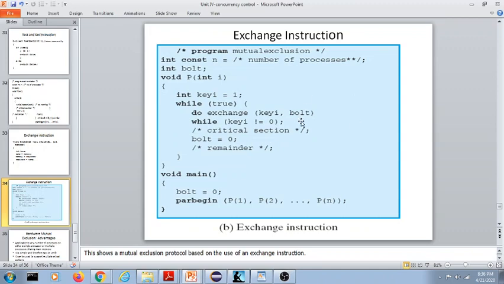After its work with the common resource is completed, the process comes out of the critical section. Then the bolt variable is made 0 again, in order to tell the other processes that the common resource is now available for use. Then there is the remainder of the code, which is not working on that particular resource. So this is all about your process code. And as you know, the main function is giving birth to all these processes depending on their availability.